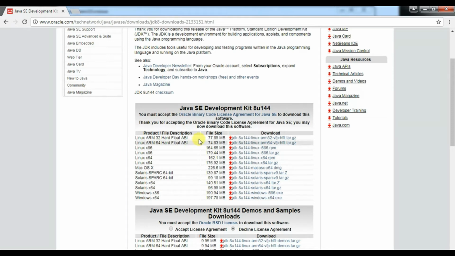Now as you are seeing, different JDKs are shown over here as per the different operating systems. As you are running right now on Windows operating system, there are two options, Windows x86 and Windows x64. As per our operating system, that is based on 32 or 64 bit, we have to click on that particular link. So the question arises how we can check whether our computer has the 32-bit or 64-bit version.